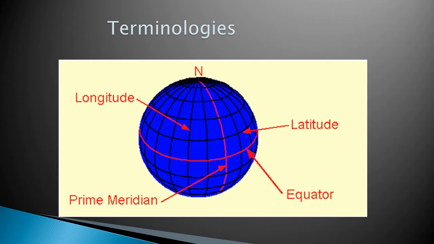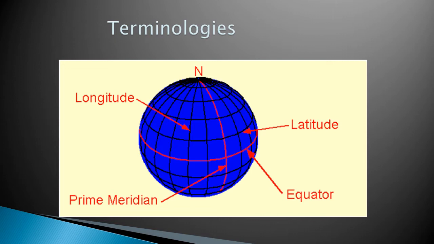Now, let us move on to the next terminology, that is latitude. Latitudes are horizontal lines moving from west to east over the earth. The most popular latitude that you can see on your screen is called the equator. Now, let us understand the speciality of the equator. The equator moves from west to east of the earth, and it divides the earth into two equal parts, and both the parts are termed as hemispheres.